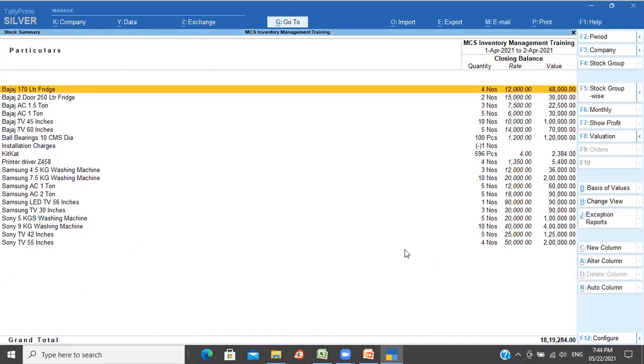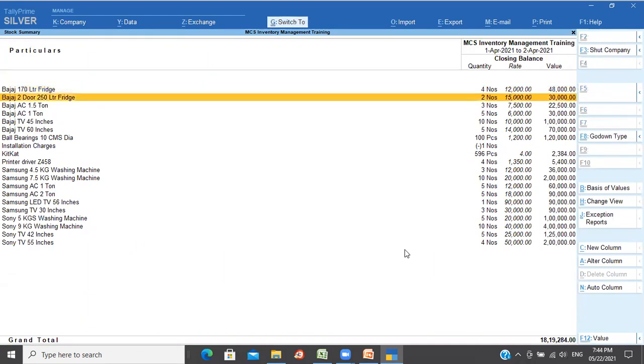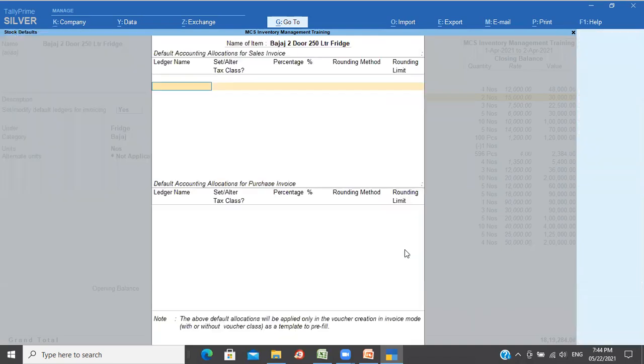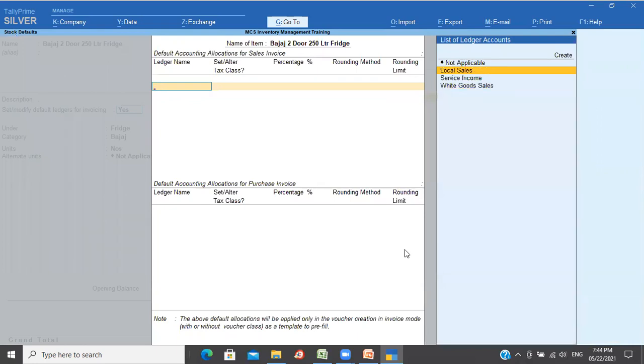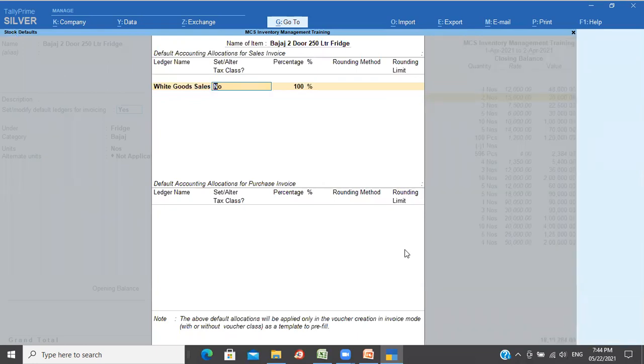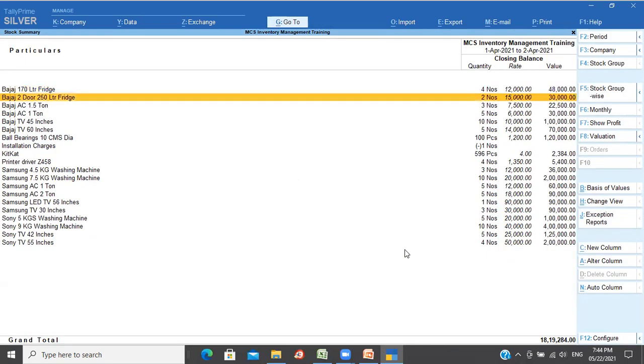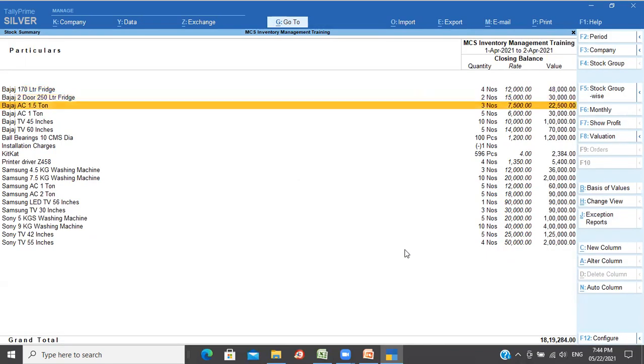Now, let me just take the second item to show it to you. Again, I want to enable this. It has to go to white goods sales. When I'm purchasing, it has to go to white goods purchase. Okay, save this. Similarly, let me just take